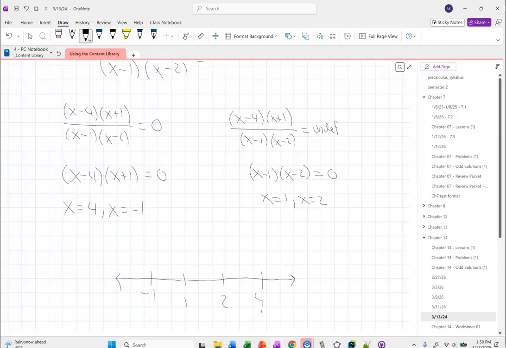Why do they have to be in that order? Because it's from least to greatest. Excellent, because the number line needs to go in order from smallest to biggest, from least to greatest. Is everybody okay? Where's the 3? 3 is not one of our answers to anything.